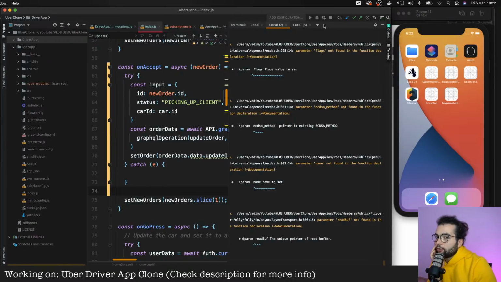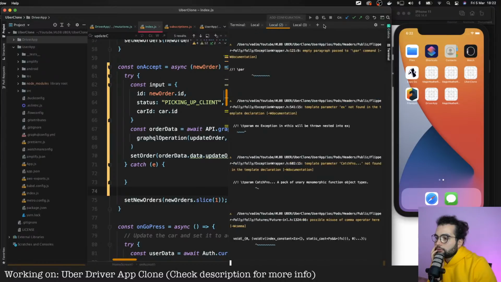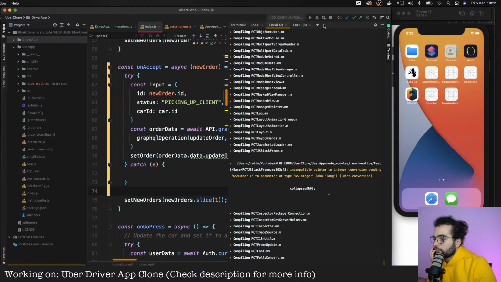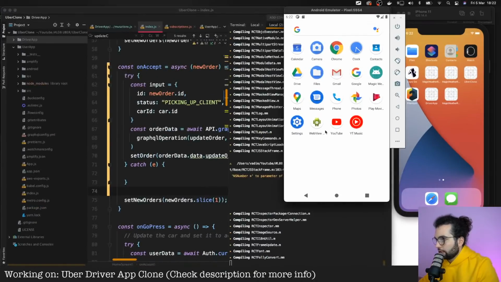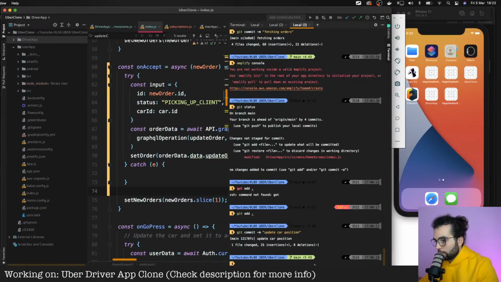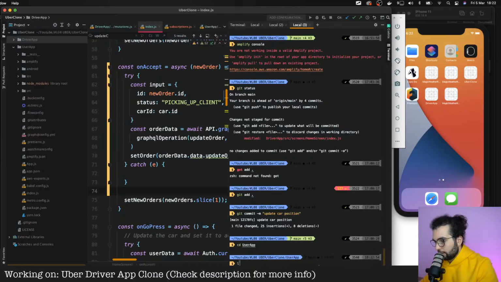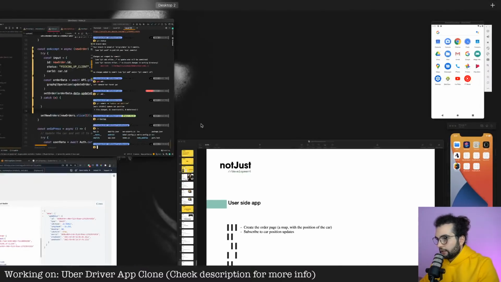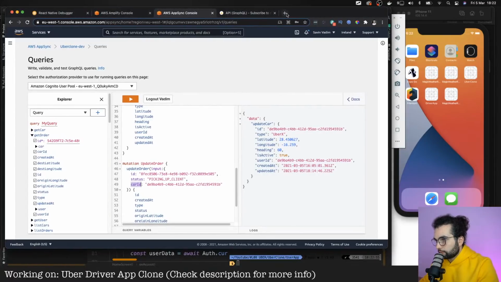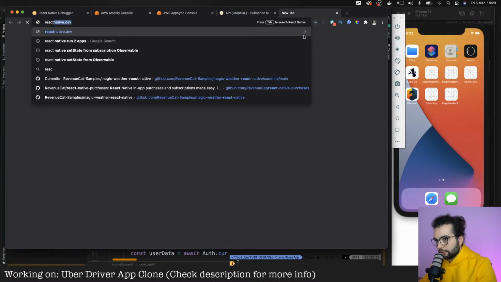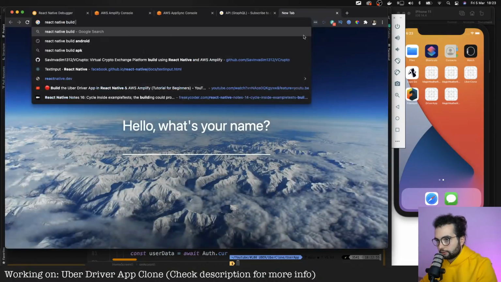Yeah, I think I'm gonna open it with Xcode. No, we have here an Android device. Let's go and try to build the user application. So cd user app, ls, and React Native build production.